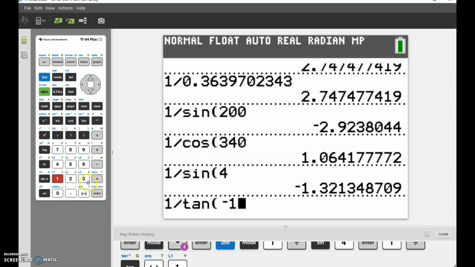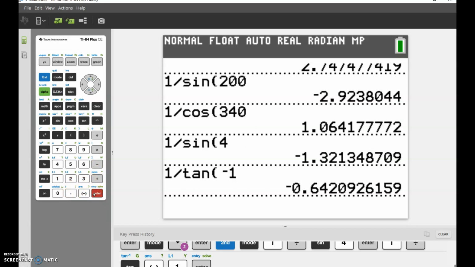Make sure you're hitting your negative and not your minus sign. Okay, so my value would be negative 0.642. So if I did 1 divided by, and let me delete that, I'm not going to clear it, tan,